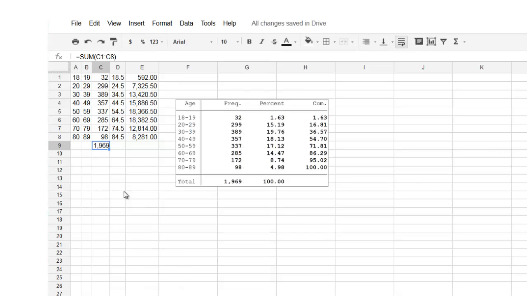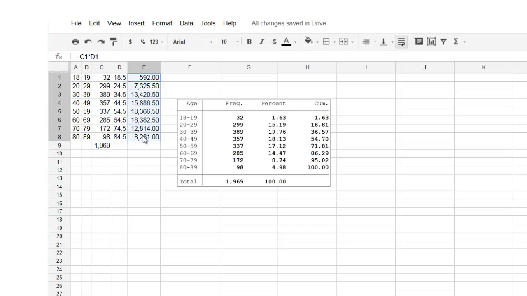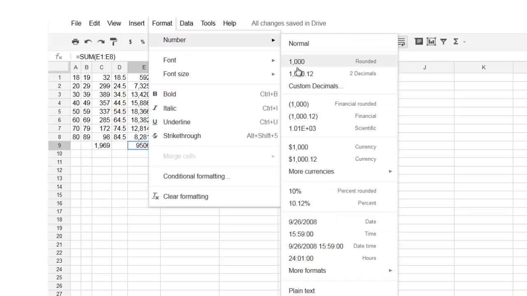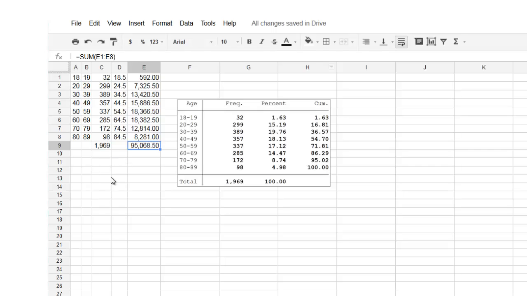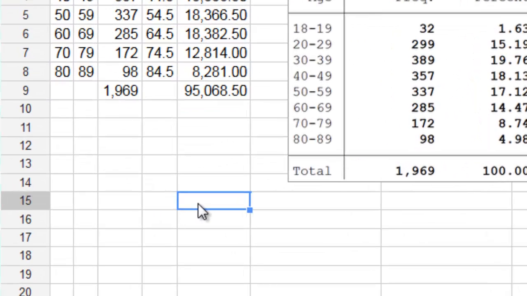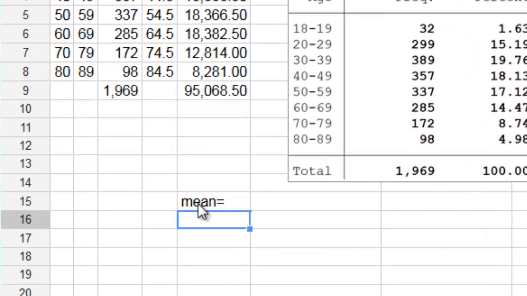It looks pretty good. And then I also need the sum of these numbers, and I'll just use this function again. We'll round it to 2 decimal places. Okay, so now we're ready to go ahead and calculate our mean. And our mean will be equal to,